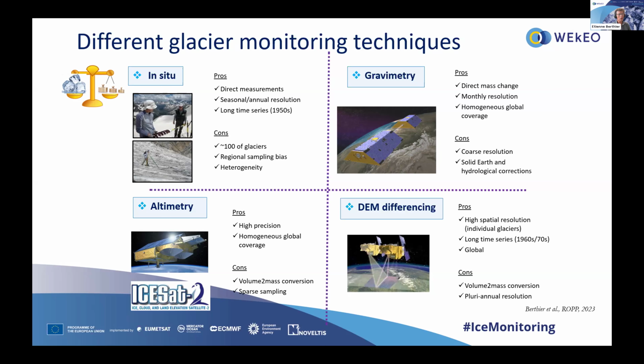Here I will focus only on the last method, which is sometimes referred to as the geodetic method or the DEM differencing method. This is a method that we've been using in Toulouse to look at glacier change. It gives high spatial resolution, as I will explain,